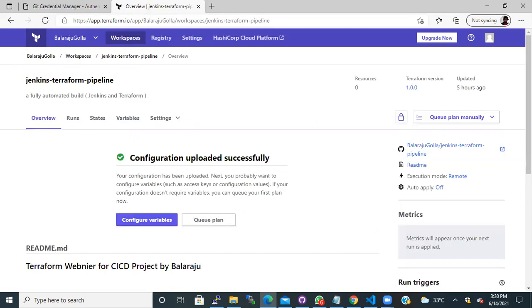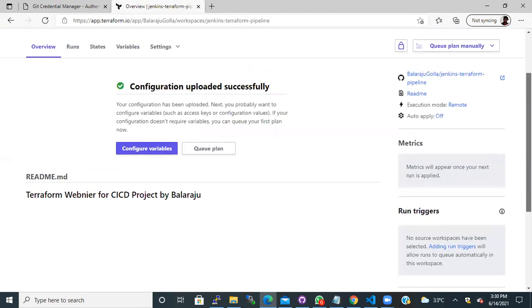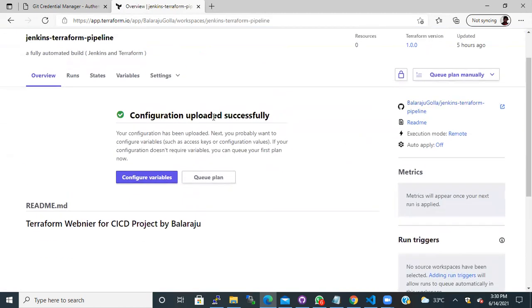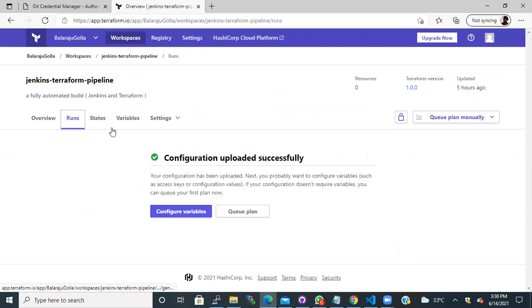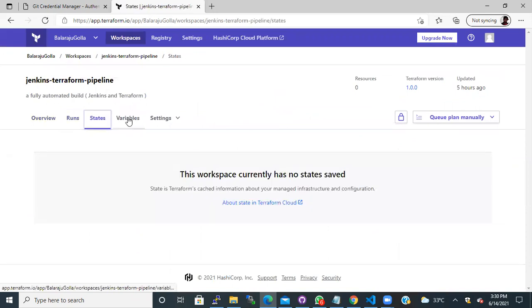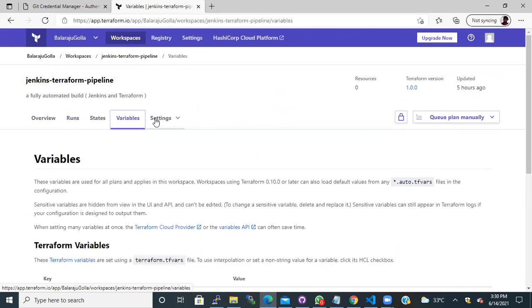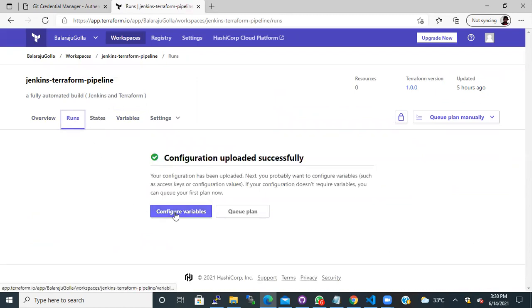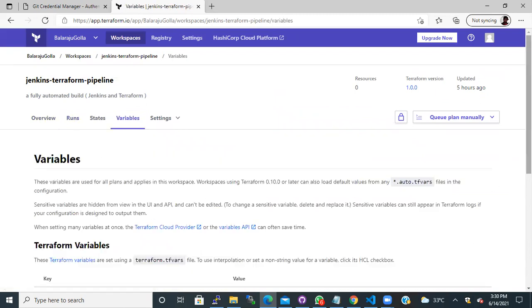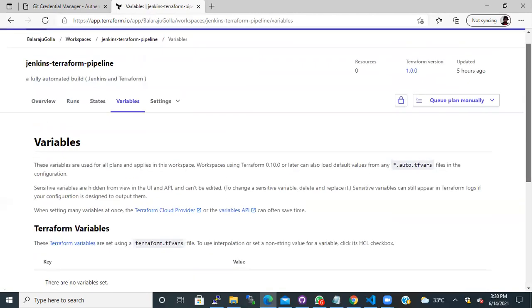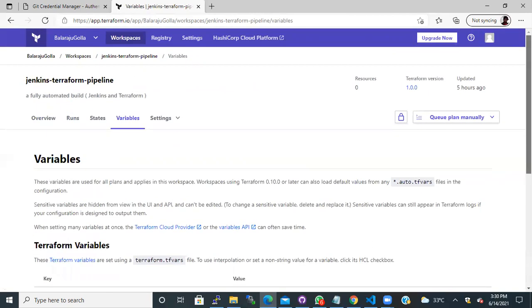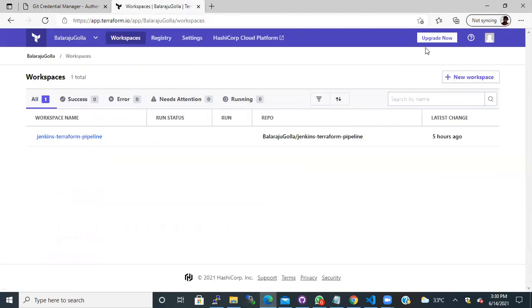You can see this is the GitHub that I have, and there are many things I need to configure, like variables. I have to work on it. I will try to do it sometime this week, and then I'll show you guys a demo.